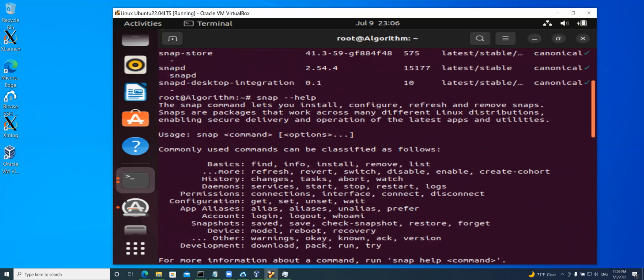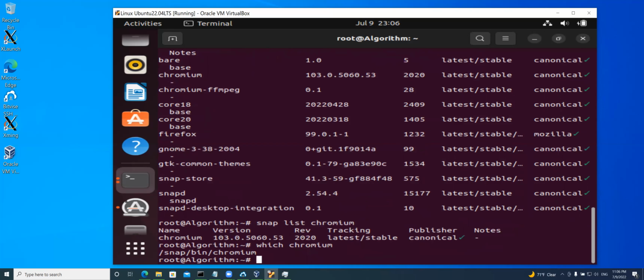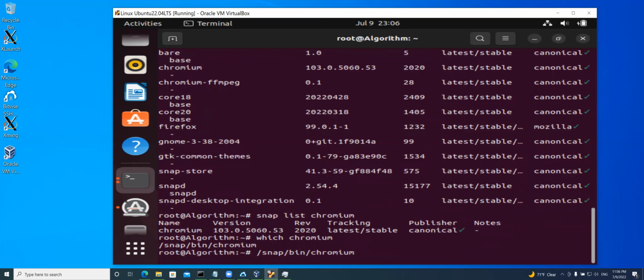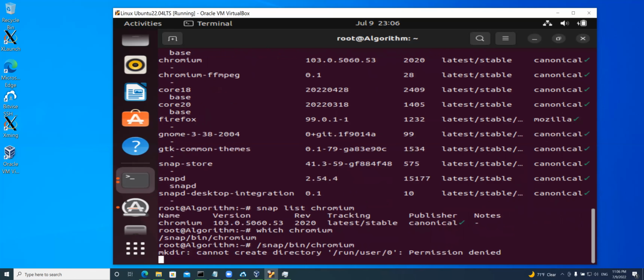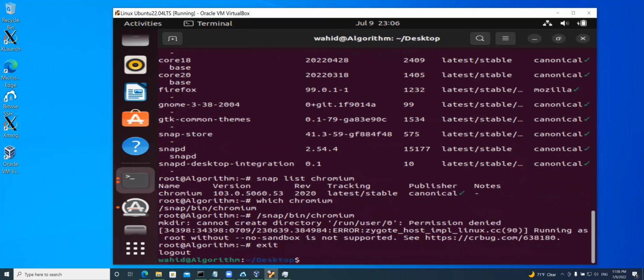Or if I just want to do it from this one, I say which Chromium, then I could just say /snap/bin/chromium. That would just basically start it with root access, permission denied. Because Chromium requires a display, so I have to